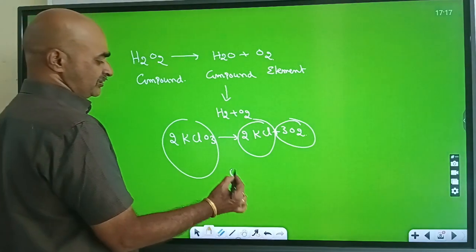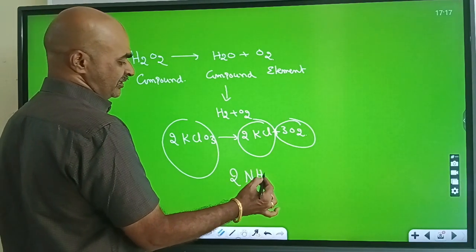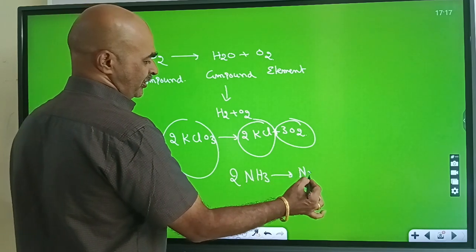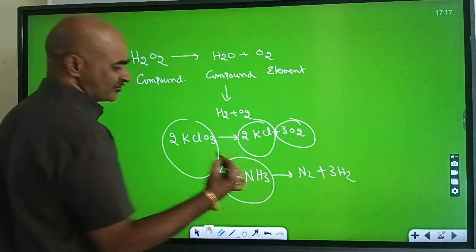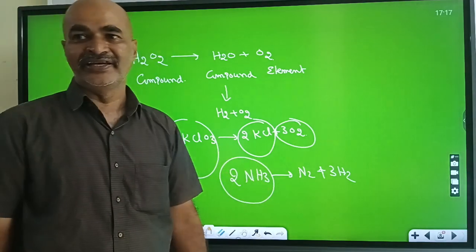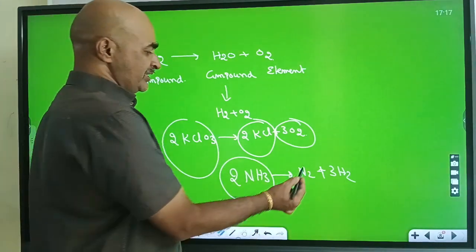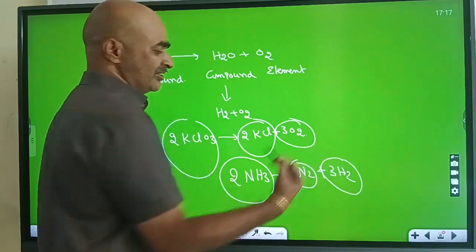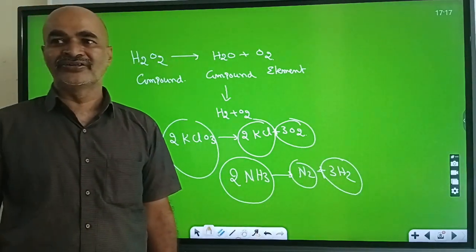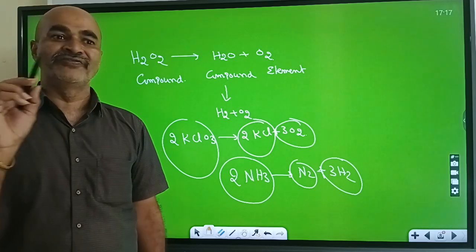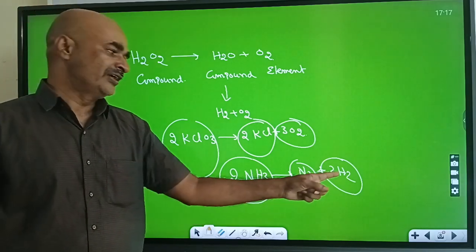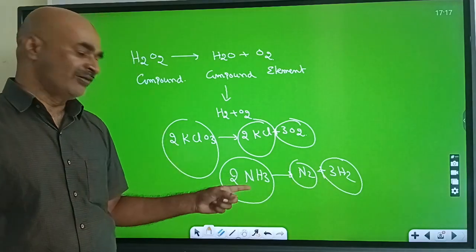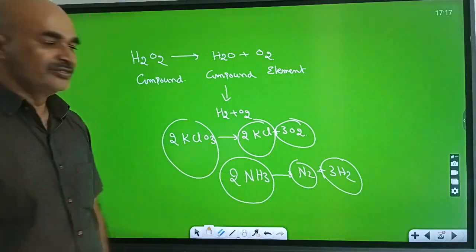And another example: when ammonia is heated, it produces N2 plus 3H2. So ammonia is a compound. Nitrogen is an element. Hydrogen is an element. When nitrogen and hydrogen are heated, no two different elements are formed. That's why nitrogen is considered an element, hydrogen is considered an element, but ammonia is a compound. So, conclusion: